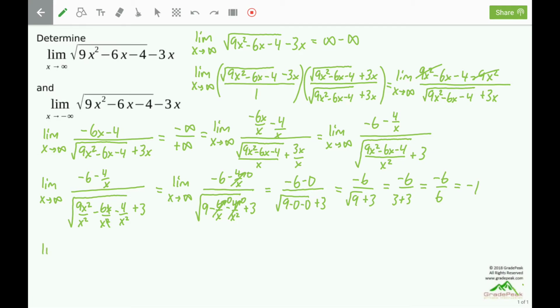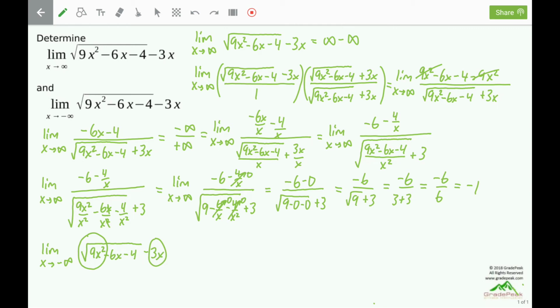Now to work out the limit as x approaches negative infinity. The square root of 9x squared minus 6x minus 4, and then minus 3x. The first thing to do is plug negative infinity in for each of the x's. Only the highest power terms matter here. We have the square root of 9x squared, as well as the